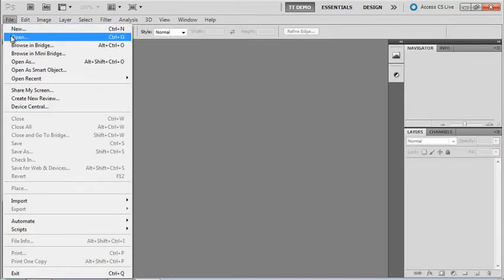Open, as in open a file, Control-O on the PC, Command-O on the Mac. Close, very important. Instead of clicking on that little small